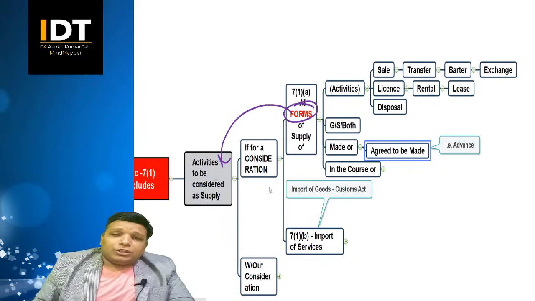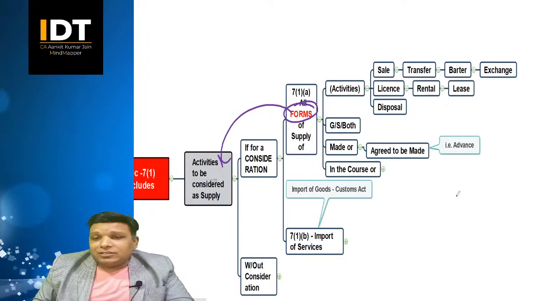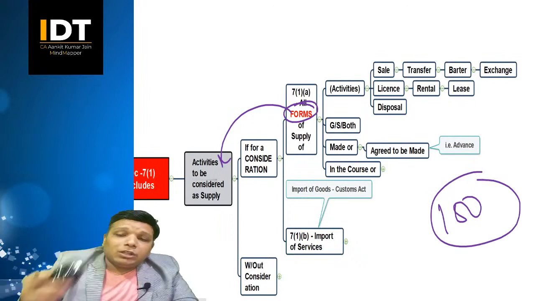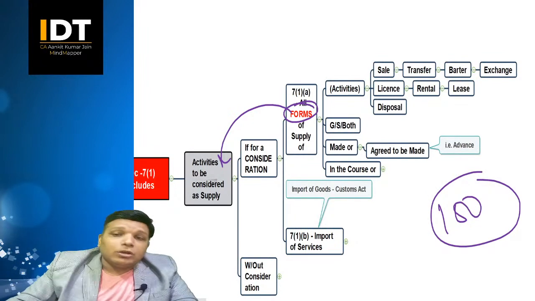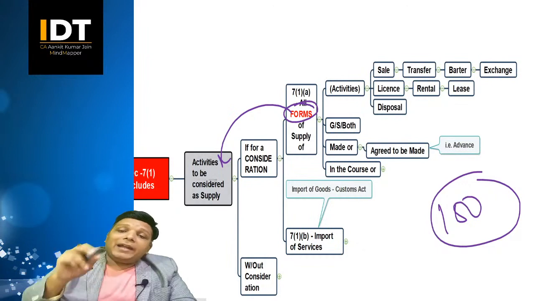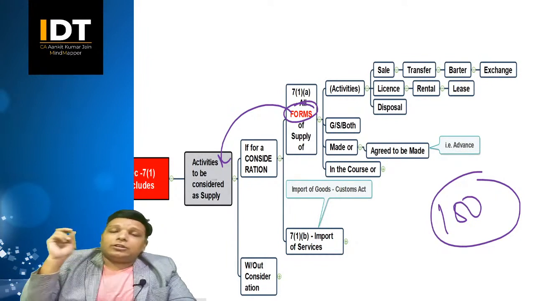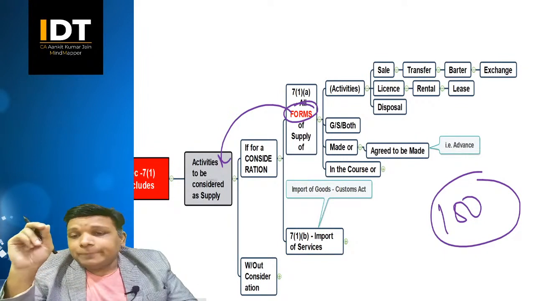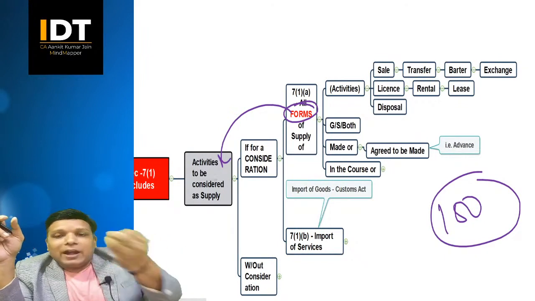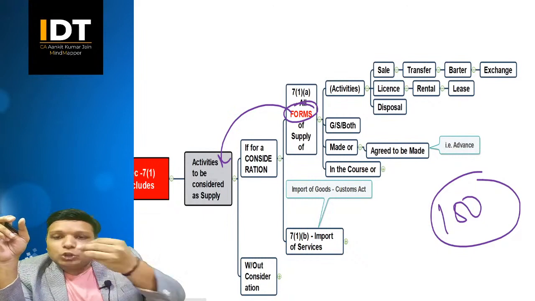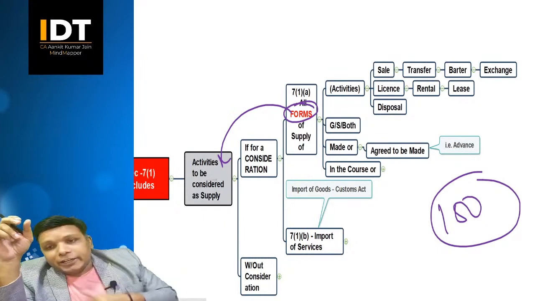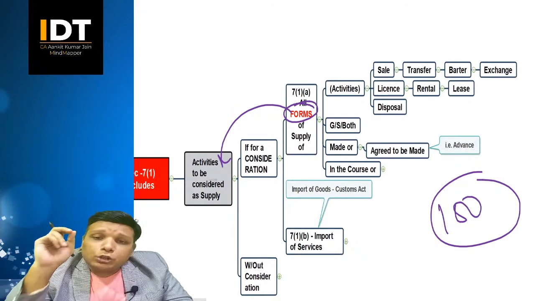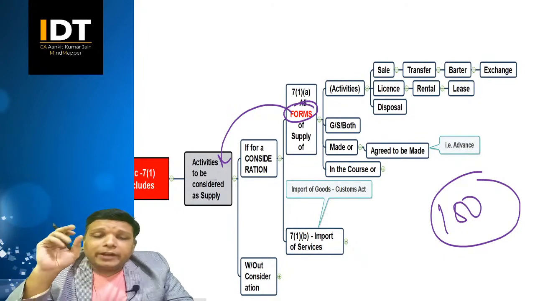So there can be a situation where somebody says that I have just received advance, I have not transferred the goods. Till now, I have not sold them. I have not sold mouses to you. I have just received advance. But that advance also has been included in the definition of your scope of supply. Clear everybody? Is it clear? So that means if you receive something even in advance, agreed to be made, agreed to sell, agreed to transfer, agreed to barter, agreed to exchange,